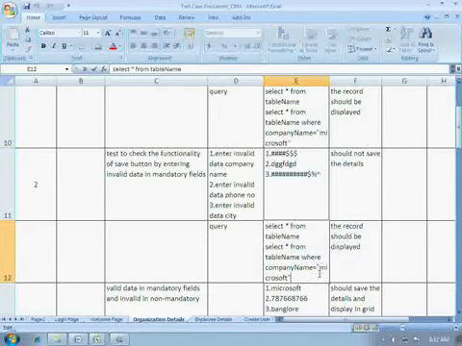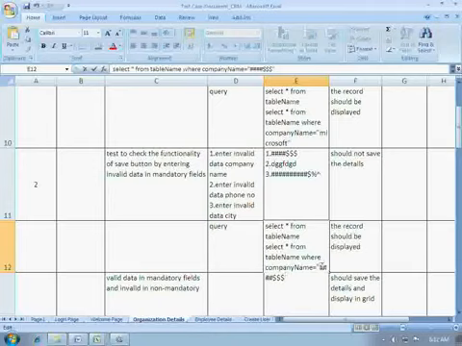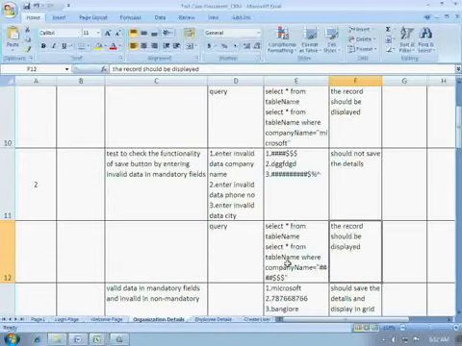So here you can remove this company name, and give the company name that you have entered here. This step is not necessary, but we are making sure that the details have not been entered in the database.